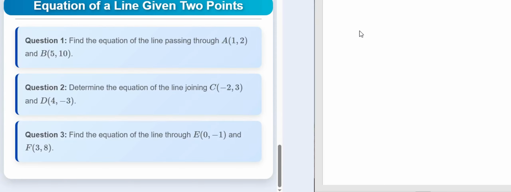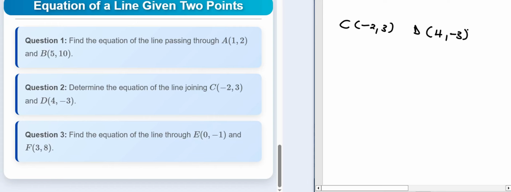Can we try another example? Here we have 2 points, one C, which passes through negative 2 and 3, and the other one is D, which passes through 4 and negative 3. So in this case, of course, our equation of a straight line is given by y is equal to mx plus b. So I start with finding m, which is given by change in y by change in x,